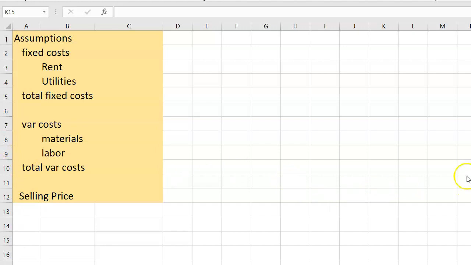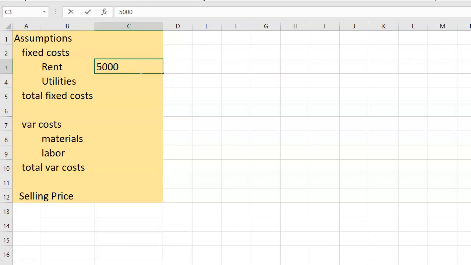Let's suppose we have fixed costs. Now, one of the things you're going to have to do when you get these kind of problems is understand what are fixed costs and which are variable costs. Things like rent, utilities are fixed costs. They don't change with the volume of the product that gets sold. So let's say we have a rent of